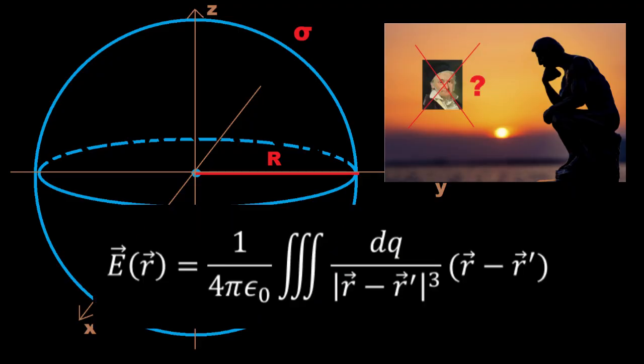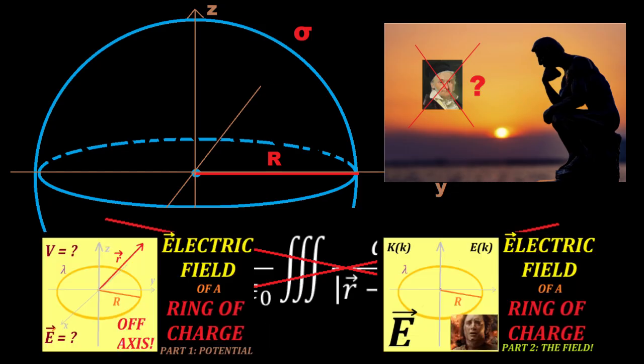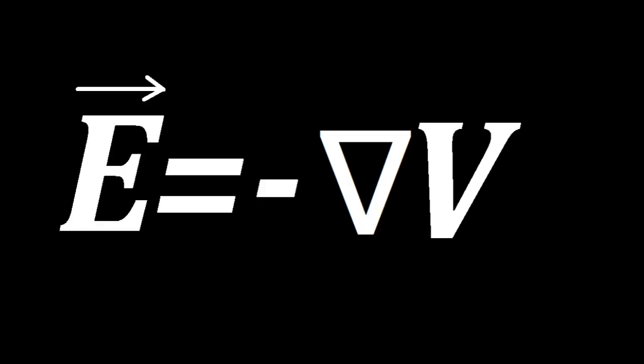Well, we'll use Coulomb's law, of course, or at least something similar to it, because we're not going to do direct integration for the electric field. We're going to do the same thing as in the previous video on the ring of charge. We're going to calculate the electric potential first, and then we're going to take the gradient of the potential to